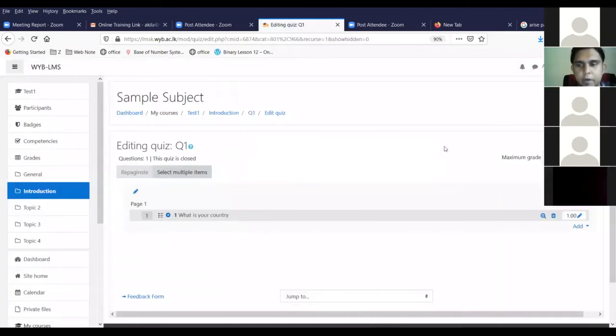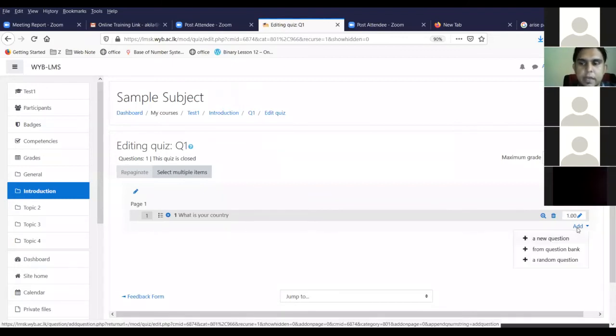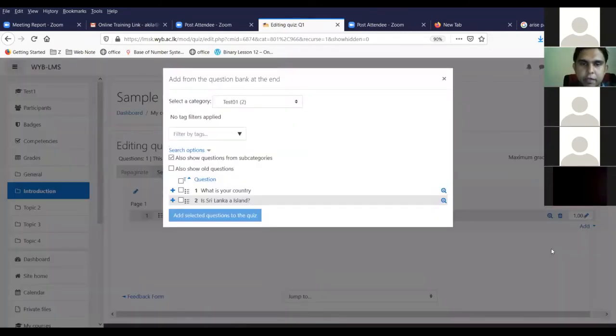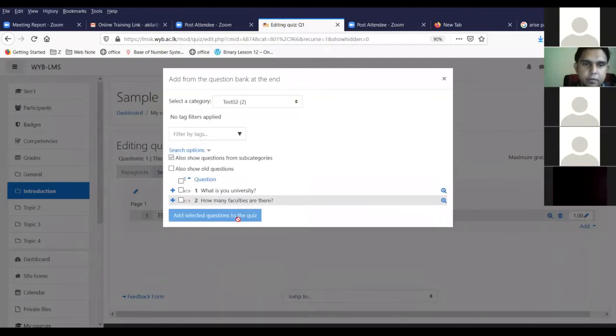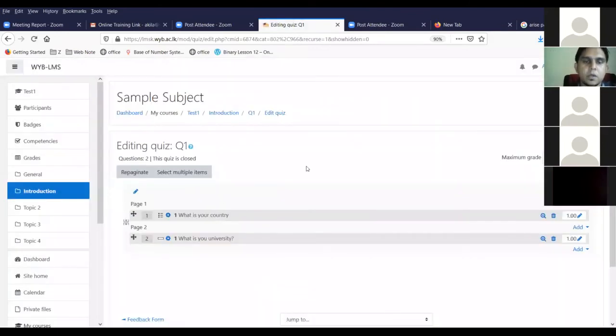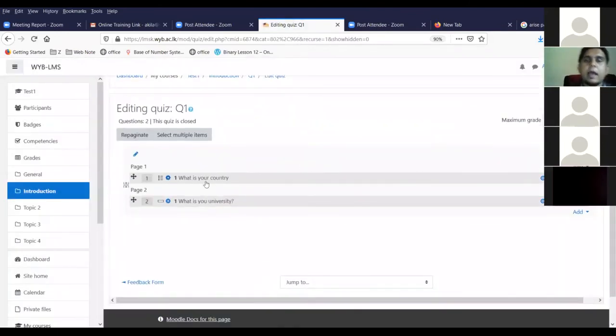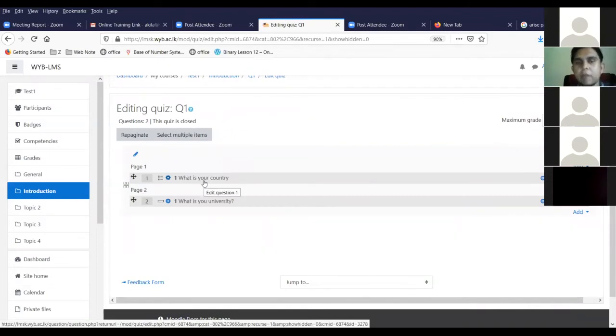So you can see the question is added. Again, if I'm going to add another question from the other question bank, I can go to add from question bank and select the other question bank from here. I can select the question and add it. So now you can see I have added two questions to the quiz, but from different question banks. Again, these two questions are fixed. Every student may see the same question, but you can shuffle them. For the other lesson, I'm going to delete these ones.